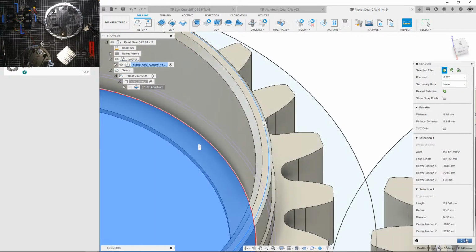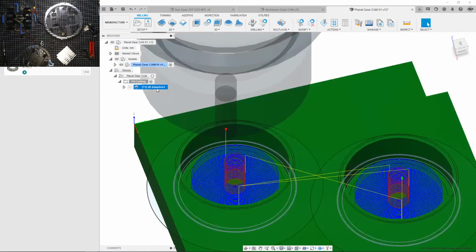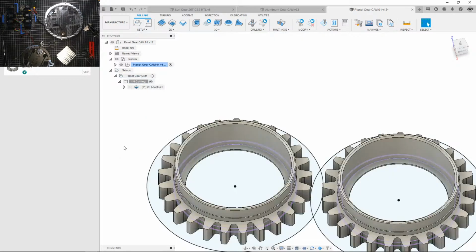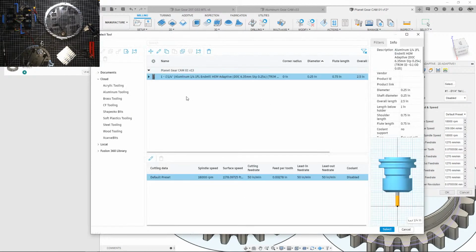Let's see, let me figure out the distance. 11. Okay. I'm gonna find a way you could evenly divide this out. Let's go back to regular adaptive. So that was 8 minutes, so if we go back to regular adaptive stuff,